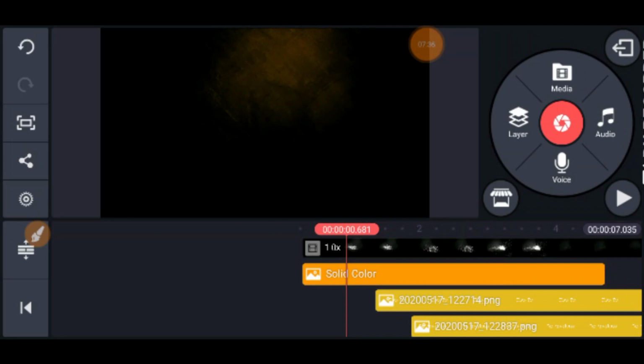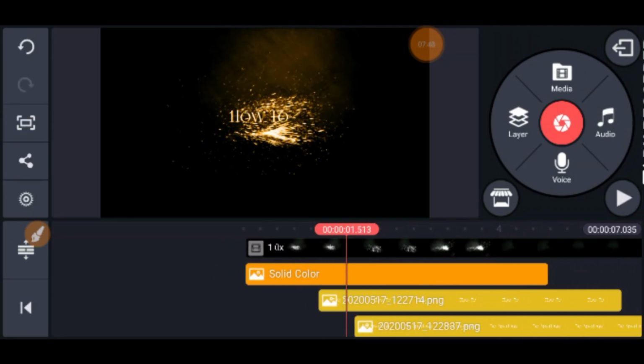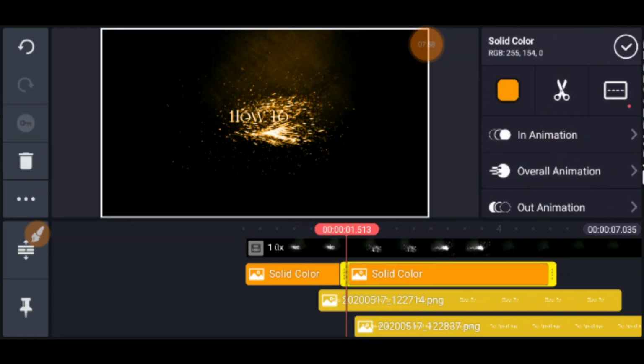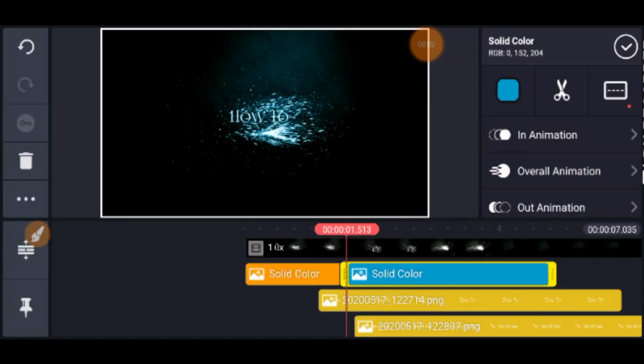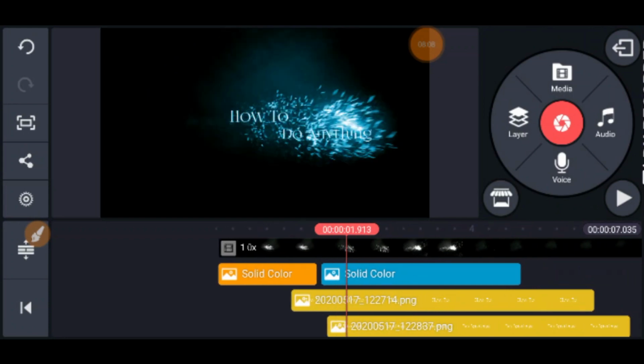So over here, you need to place a cut in this orange solid color, and now you need to select this second solid color according to you. So I'm going to choose blue, and now you again need to preview your video. So yeah, I think that's good.